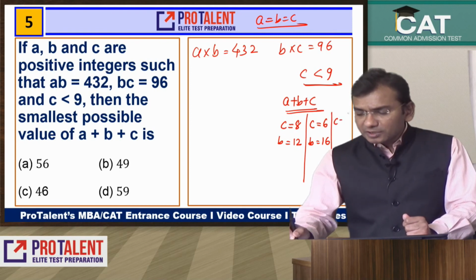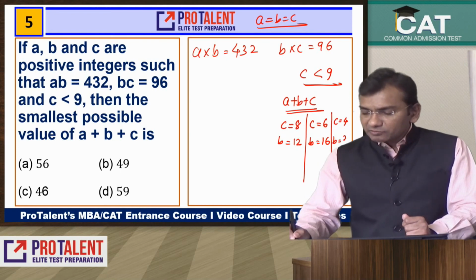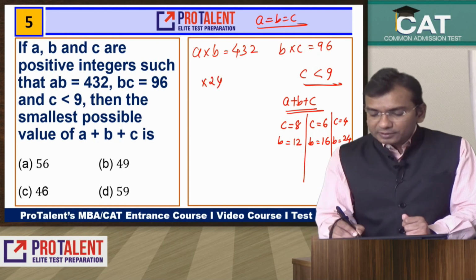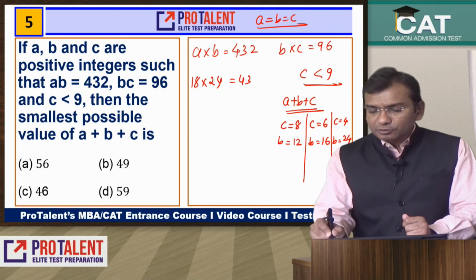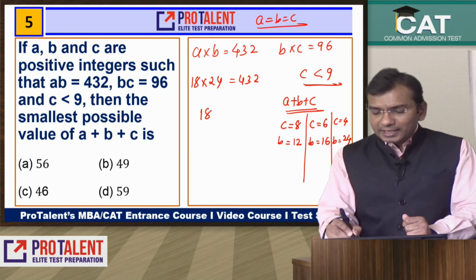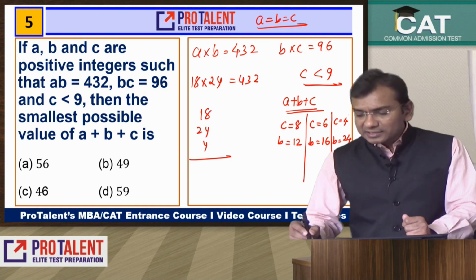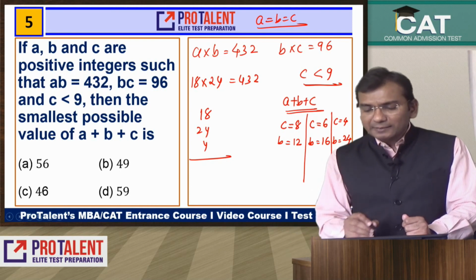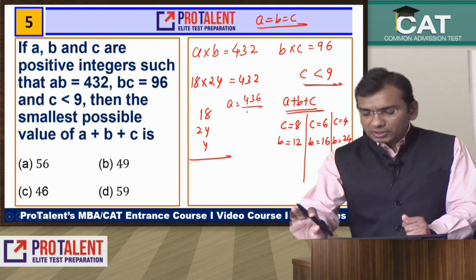If I take C equal to 4 and thereby B is equal to कितना हो जाएगा? That will be 24. If I take 24 for B, so I get what? It is 18 for A and that makes it 432. ठीक है, and thereby I think this is easy. 18, 24 and 4 would be better. Otherwise if you put, let's say, B की वैल्यू अगर आप 16 लगाते हो, so what you get is 432 by 16.